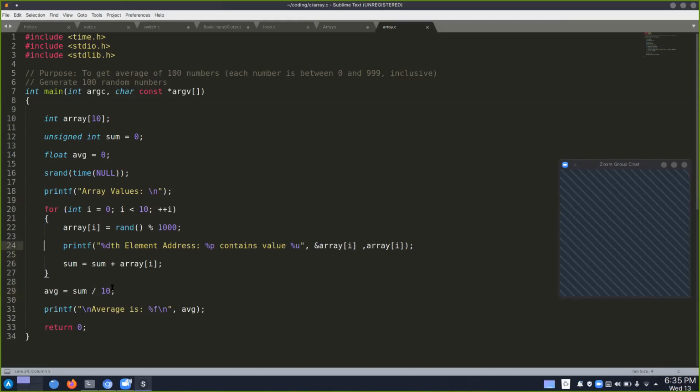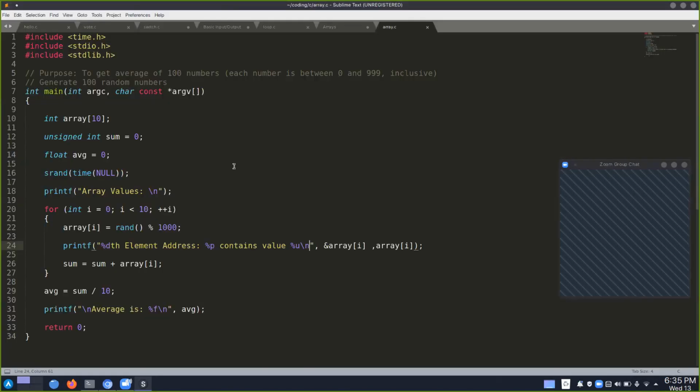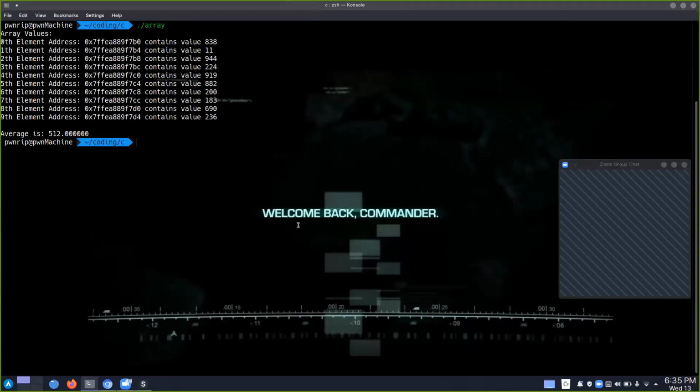I also need to print it on the next line. Okay, so I had three things. The first thing is also i. Yeah, so there we go. The 0th element is at 7B0, first element 7B4, second element 7B8, then 7BC, then C0, C4, C8, CC,